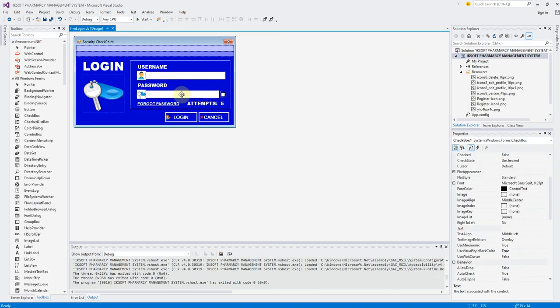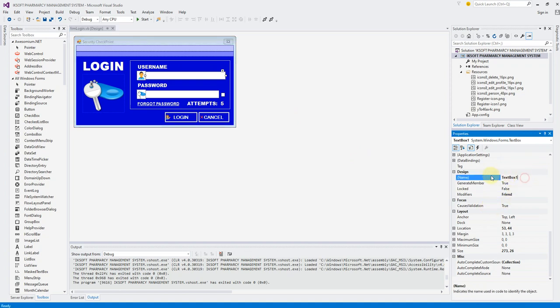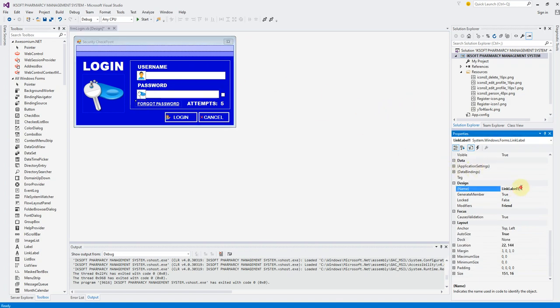But before we code that out, let's try to give these guys some custom or unique names which we can use to call them. So this text box one is going to be txt username, and let's call this txt password, and let's call this link label